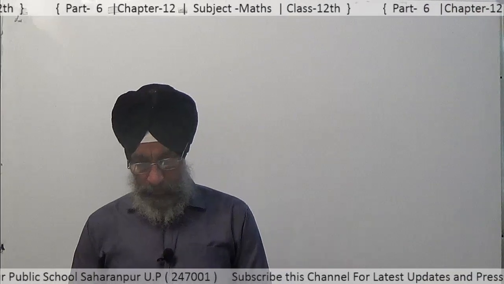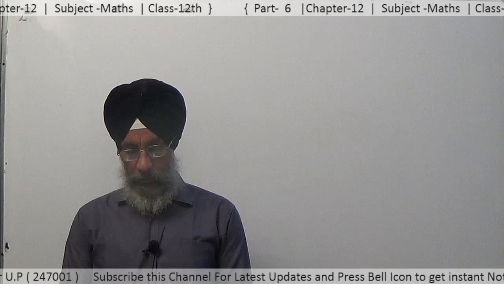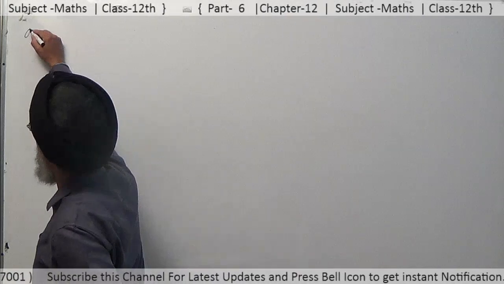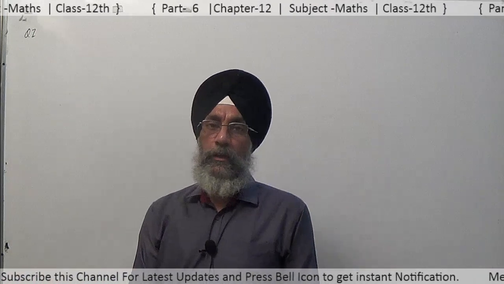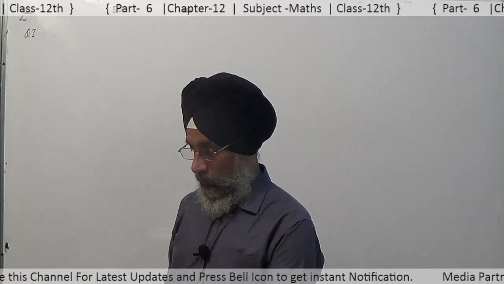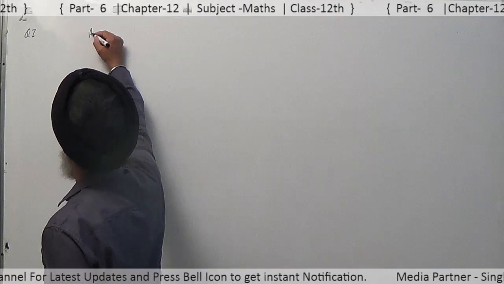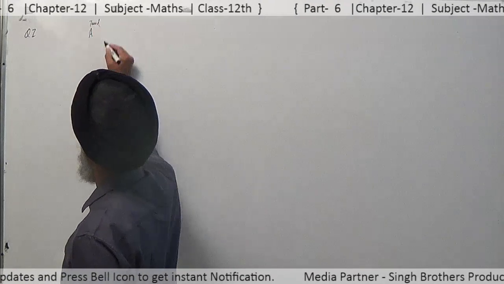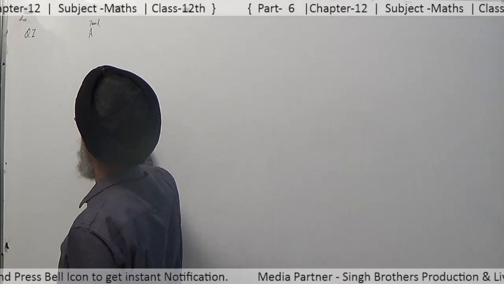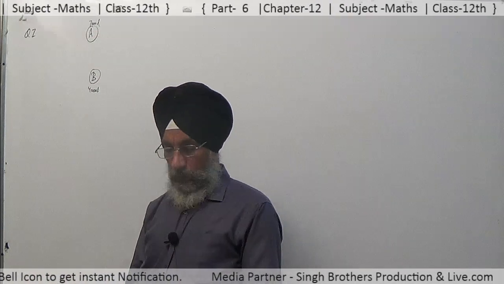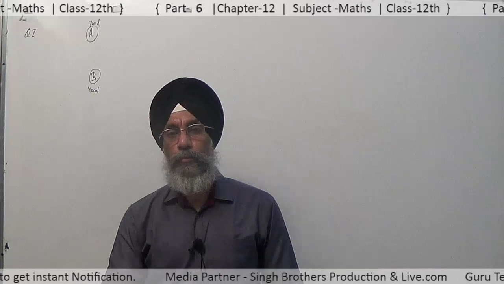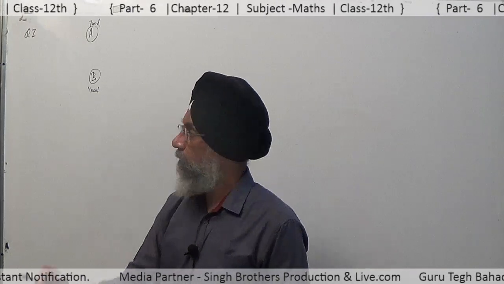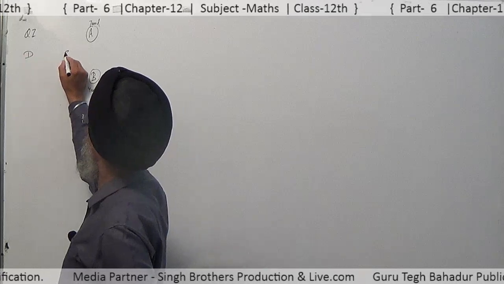In question number 7 it is given that an oil company has two depots A and B with a capacity of 7,000 liters and 4,000 liters. This question matches the transportation problem, as we have discussed an example related to it. The company is to supply oil to three petrol pumps D, E and F.